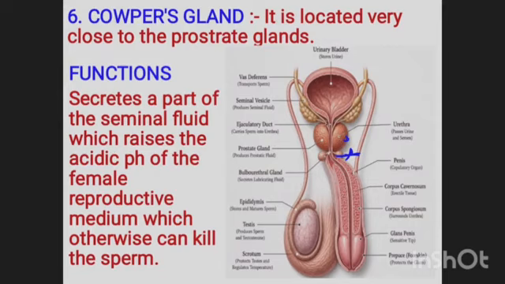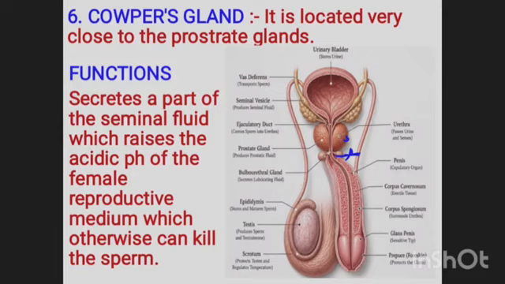It secretes part of the seminal fluid which raises the acidic pH of the female reproductive medium, which otherwise can kill the sperm. So the seminal fluid which is released together with the sperm, once it is introduced into the vagina of the female,